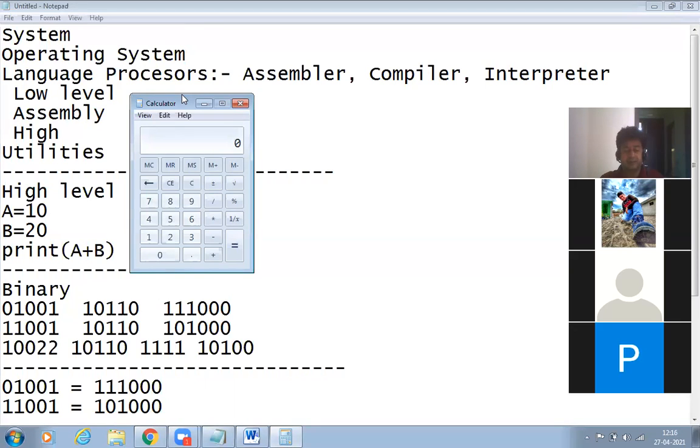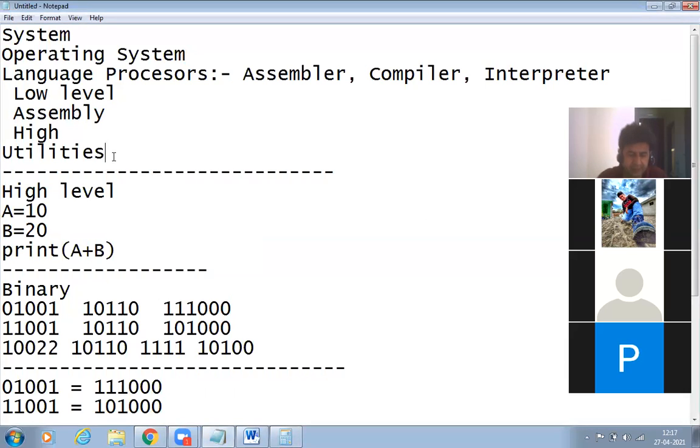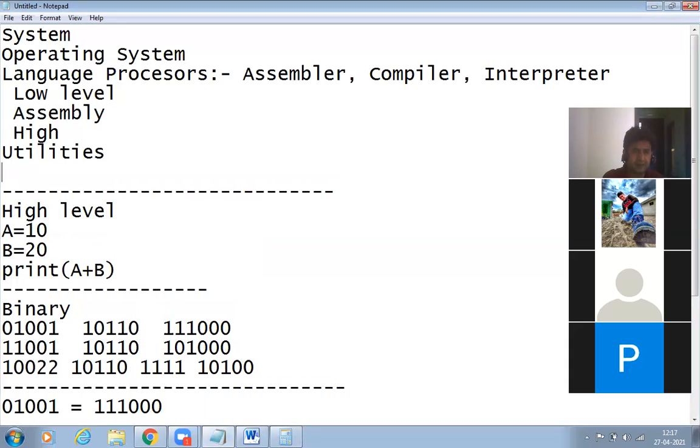Later in this chapter, I will discuss utilities in detail. Now, in the case of utilities, there are some examples given in your book.